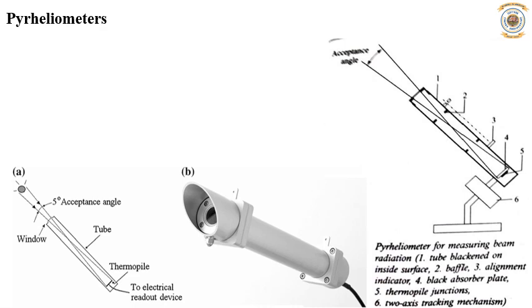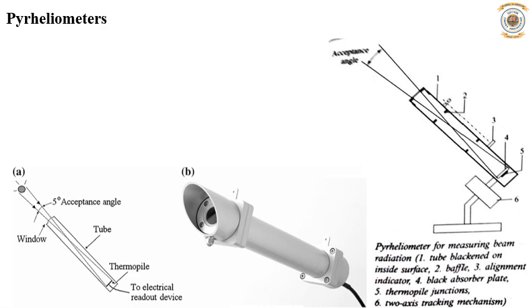Okay, so the diffuse component is avoided by installing a collimator tube over the sensor with a circular cone angle of about 5 degrees. You can see that the cone acceptance angle is only about 5 degrees. Okay, so